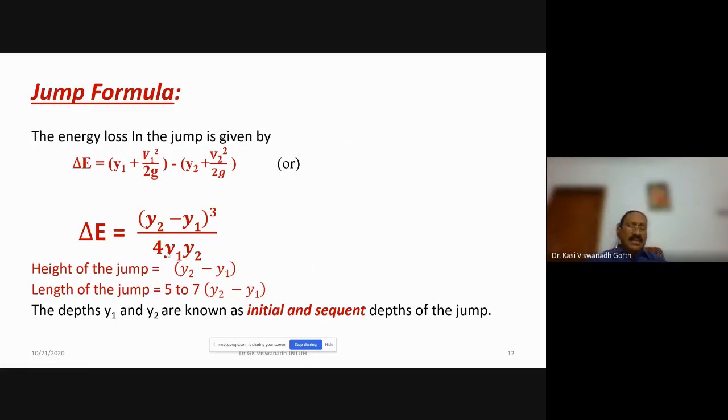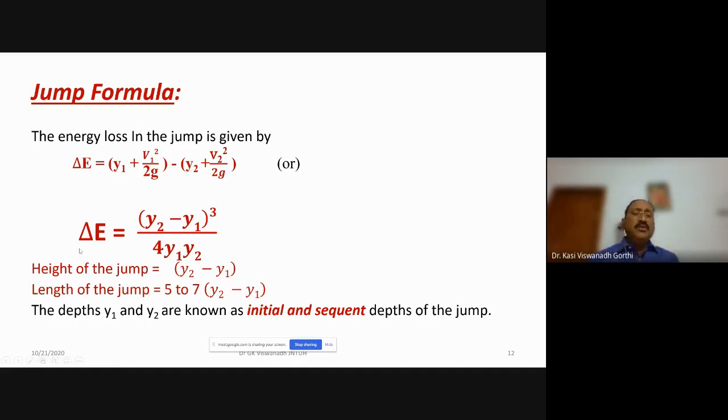So what is the energy that would be dissipated by forming this hydraulic jump? The energy loss in this hydraulic jump, delta E, may be taken to be the difference of the specific energies at both the sections. At section 1, the supercritical state of flow. At section 2, where the subcritical flow starts. So the difference between the specific energy values, Y1 plus V1 square by 2g, and Y2 plus V2 square by 2g. The difference of these two specific energy values would give you the energy that is dissipated, loss of energy.